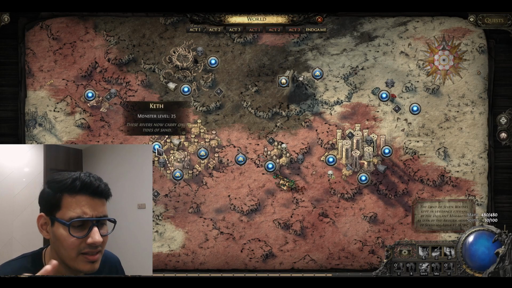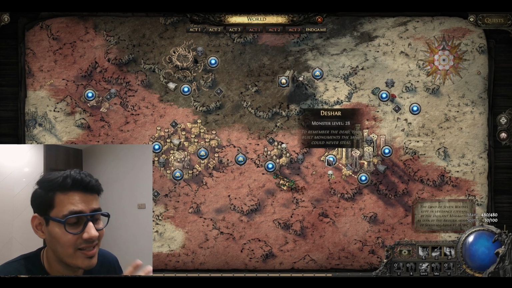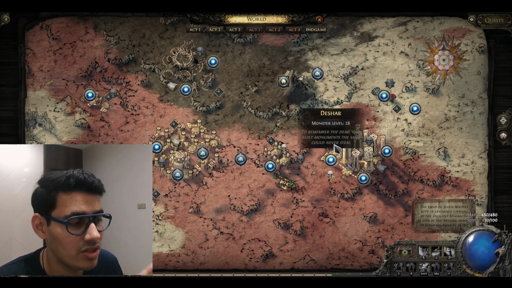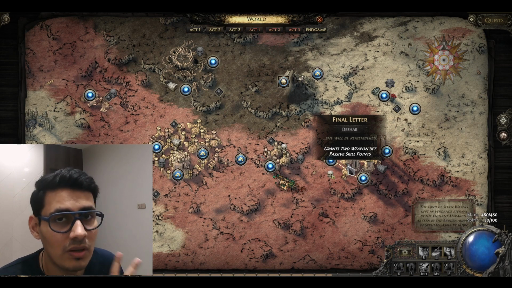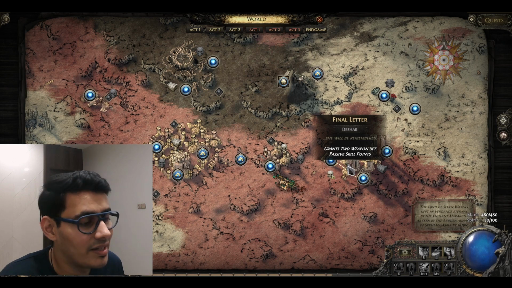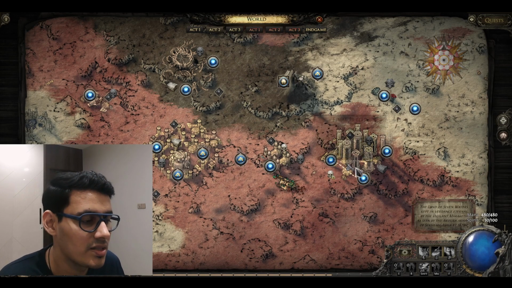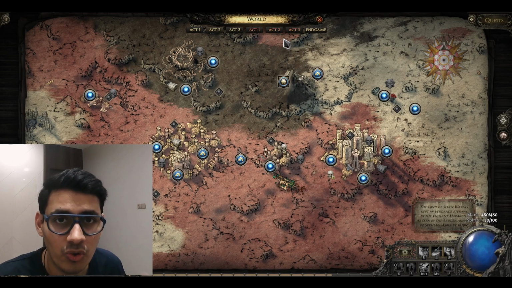And this is area level 25. And then later you go to Deshar. This is area level 28, so maybe later in the game, right? Once you reach Deshar, you're going to get a side quest where you find a letter, and completing the side quest is going to give you 2 passive skill points. So 1 boss fight, 1 side quest, 4 more points in Act 2,